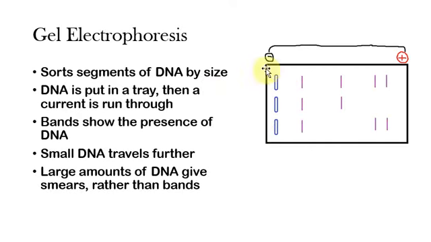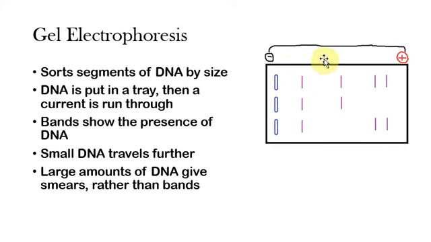Essentially, you have this electrophoresis tray, and inside of it is a plate of agarose gel, which is basically just this polysaccharide filter sort of thing. It's a gel. It's the same stuff that you have in a petri dish, if you've ever seen those. And it has these 3 little grooves where you can put the DNA in. And so the DNA is put into that tray, into those grooves, and then a current is actually run through